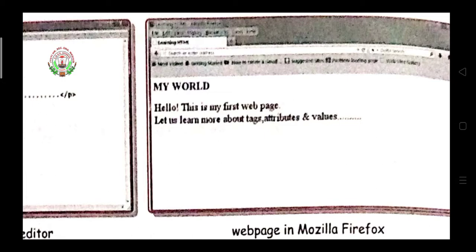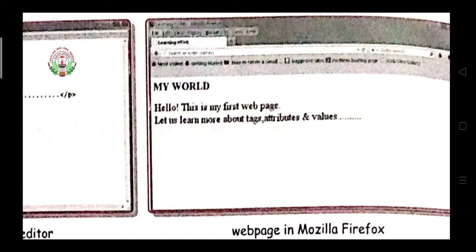Then again start: let us learn more about tags and attributes and values. So while doing the practicals, first write like this only: Hello, this is my first web page, and then come to the second line: let us learn more about attributes and values.